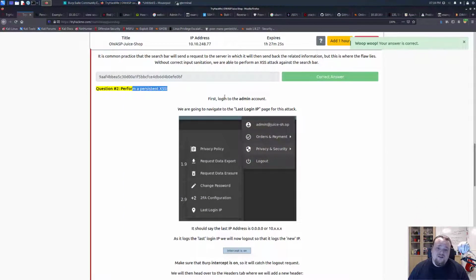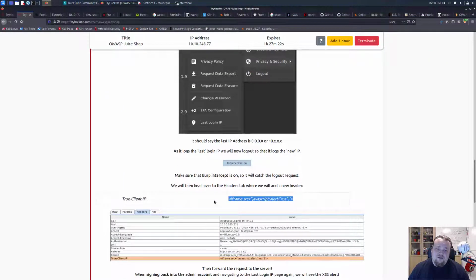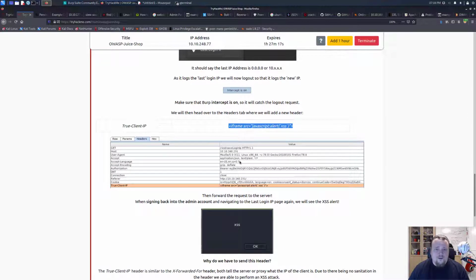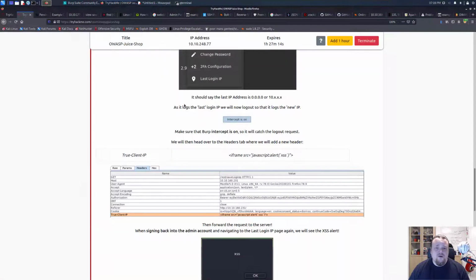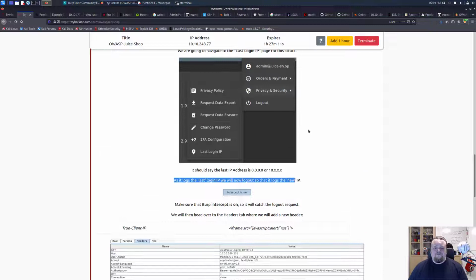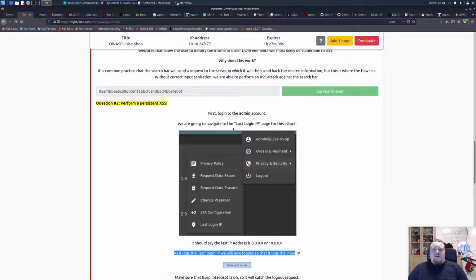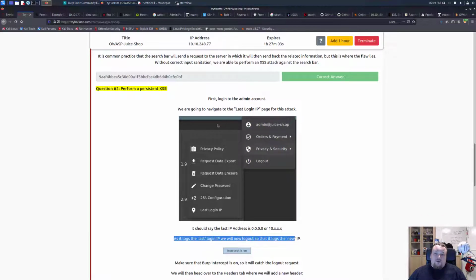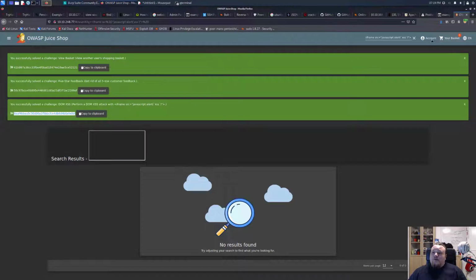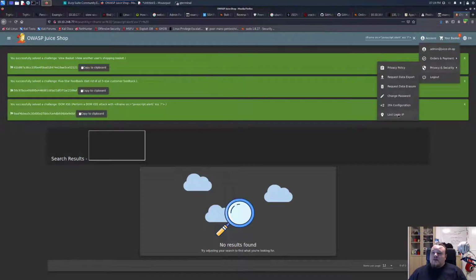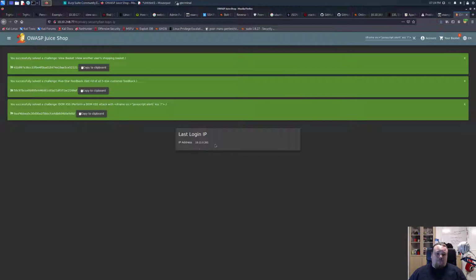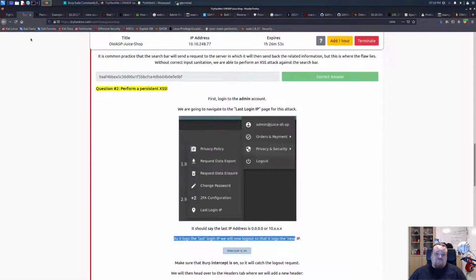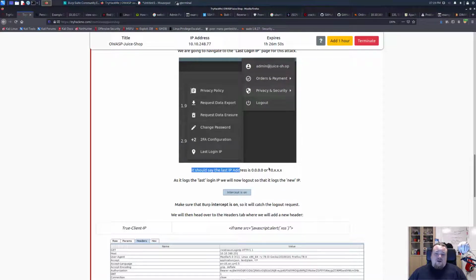So perform persistent attack. So now we're gonna take the one more time, and it's gonna say, whoops. So we're going to navigate to the last login IP for the page attack, which is going to be privacy blah blah blah. So account privacy last login IP. Okay. It should say your IP address, which is mine. At last,